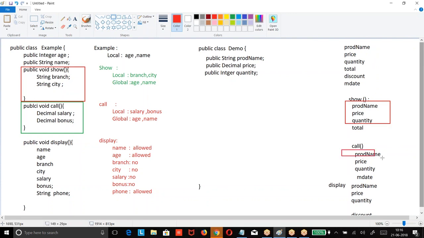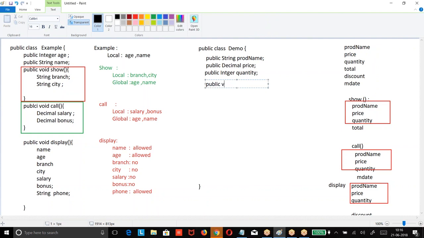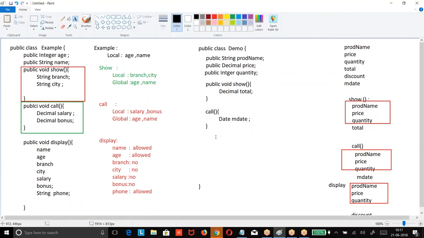Name, price, quantity. The same data should be available to multiple people. So I defined it as, now total should be available to whom? Only. Decimal. Next, in the call, what do you want? Date. In display, what do you want?